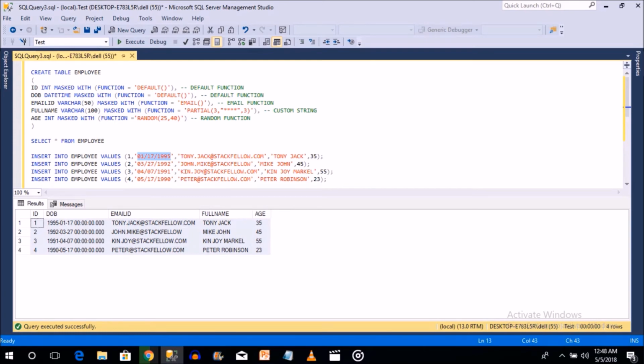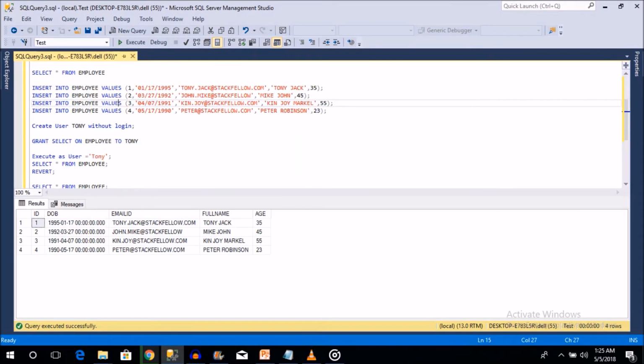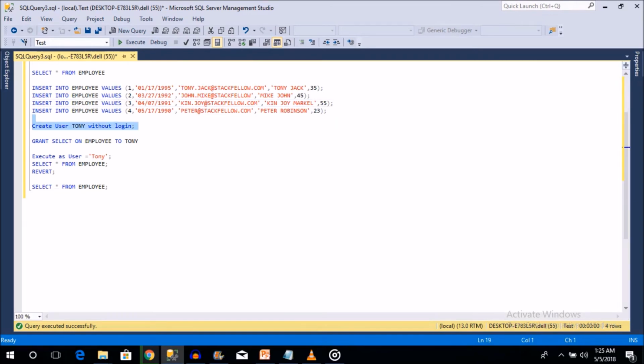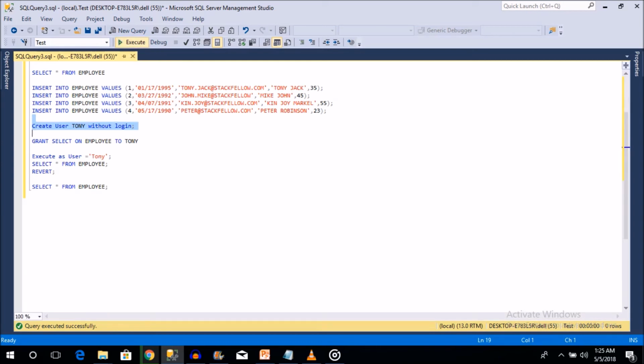To demonstrate this, let me create a user. The name of the user is Tony, without login, and then grant select permission to Tony on the employee table. Let me create the user first. The user is successfully created. Then I am executing a command to provide access to the employee table for the user Tony.